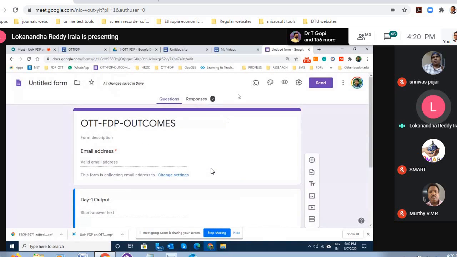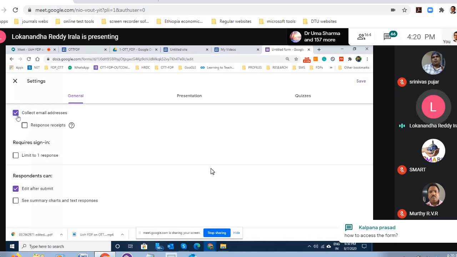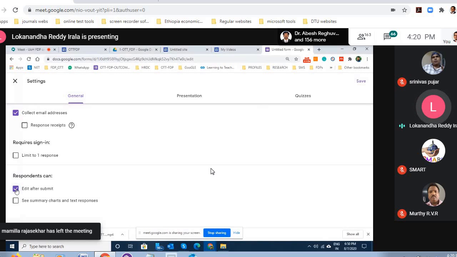go to the settings here, and one is collect email address, so that you will go back to your form, and here you see edit after submit. This I have enabled for this form.